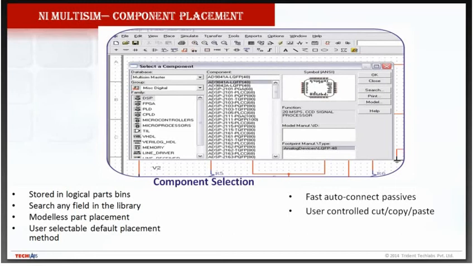All those components which are enlisted over here are mostly divided into different groups. Digital components are defined in the digital library, analog components are placed into the analog library, sources are placed into the source library, and basic components like resistance, capacitance, inductance are in the basic library, with different library features.